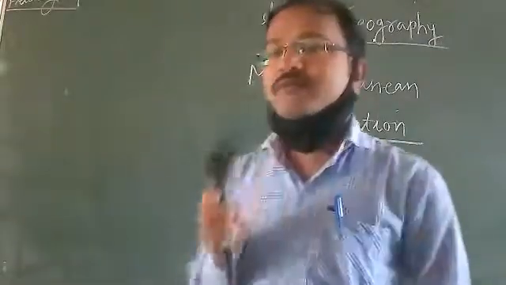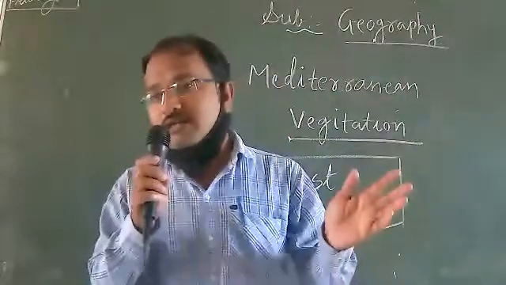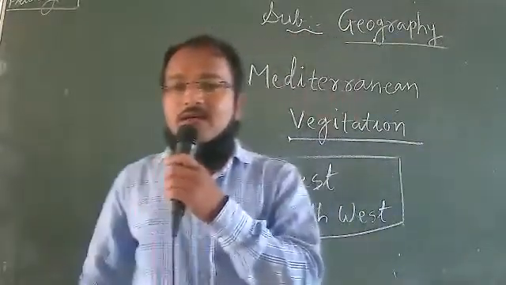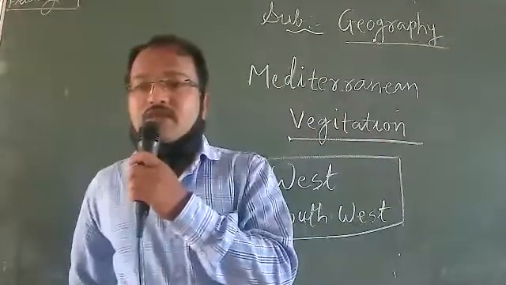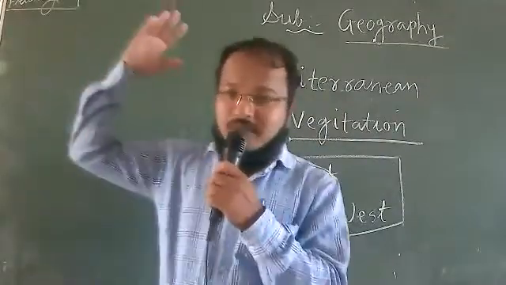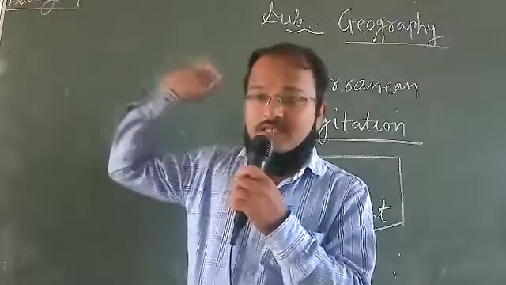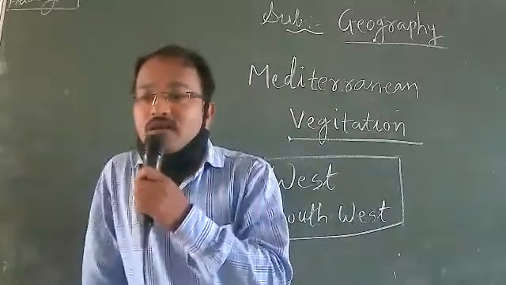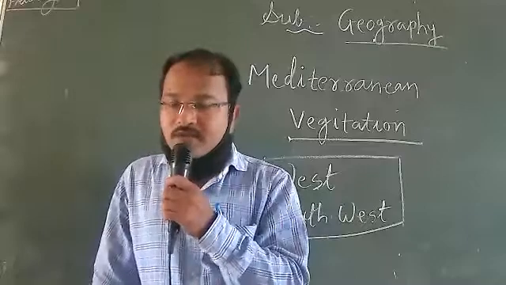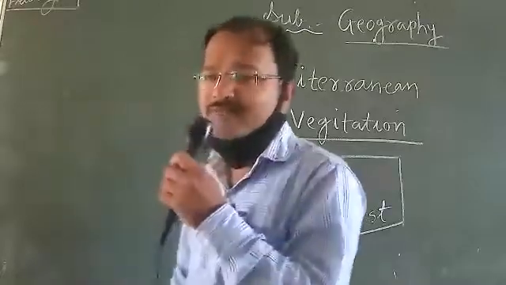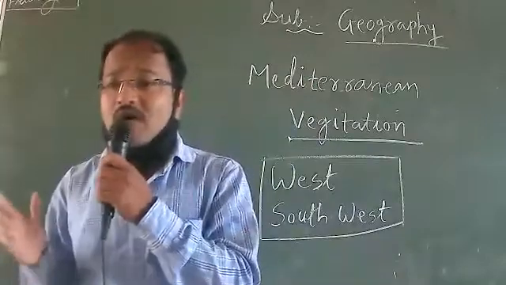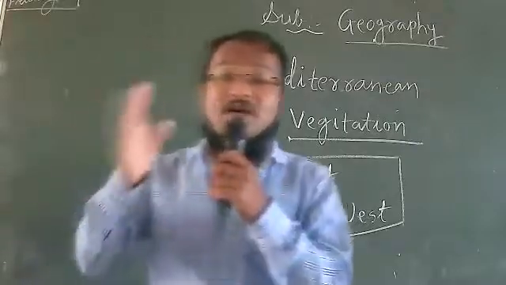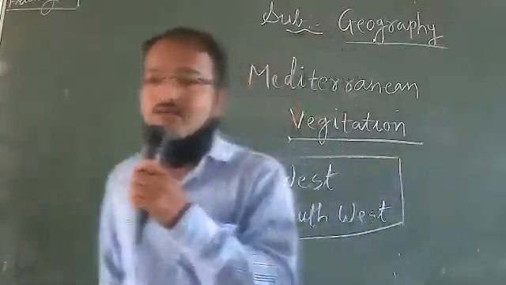What is the coniferous forest? In the higher latitudes, that is 50 degrees to 70 degrees of the northern hemisphere, the spectacular coniferous forests are found. Where are they found? Northern hemisphere, 50 to 70 degrees, higher latitude. Here is given figure 6.13. You can see that, and these are also called taiga. This coniferous forest is also known as the taiga forest. This word is very important.